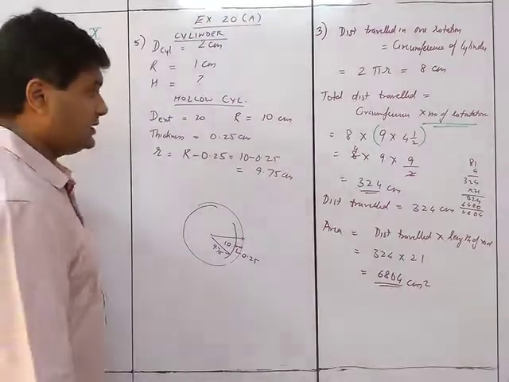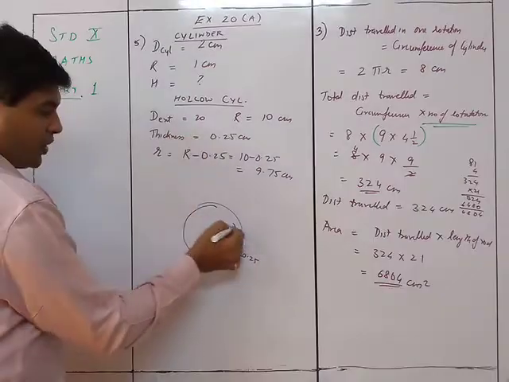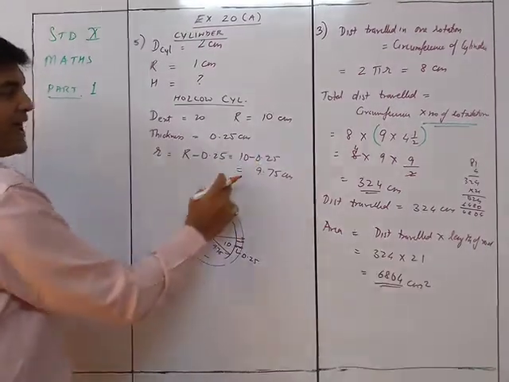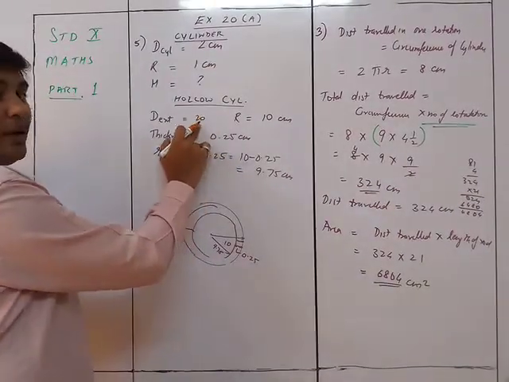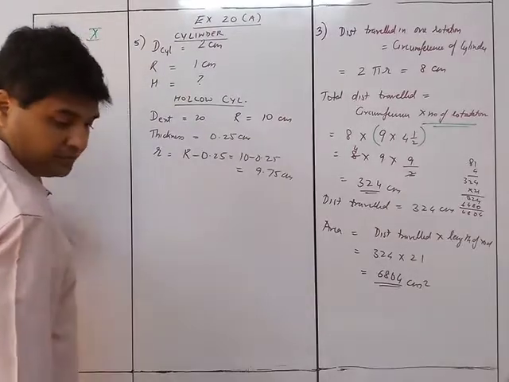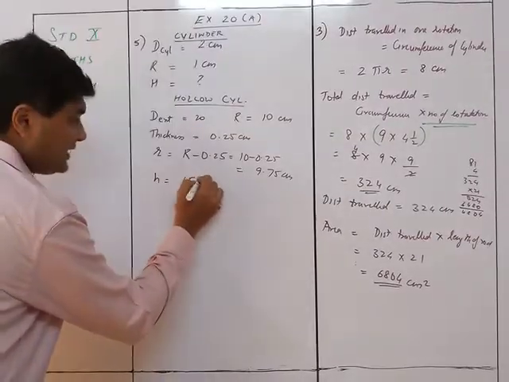Remember thickness, if you are taking it from the diameter, it will be 2 times. It will be from here also and from here also. The diameter, if you are talking, then the diameter will be total 19.5. But here we are talking only about the radius. And the height over here is given as 15 centimeters.